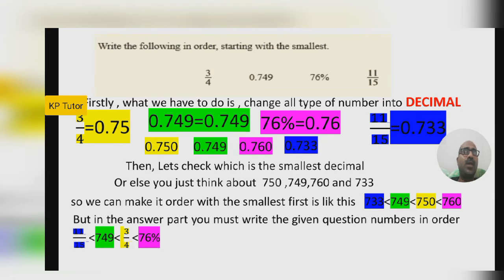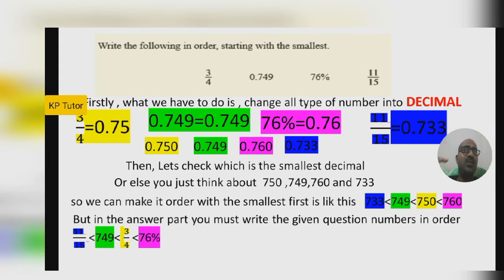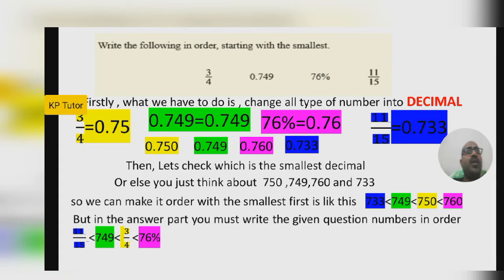Like that you have to do some mental work, then it will be very easy. Then you can just circle it immediately. 1, 2, 3, that is the time you have to use at maximum. For a question like this you can spend a maximum of 30 seconds. Don't exceed that. So like that we can do. Now we get which is the smallest one. The smallest one is